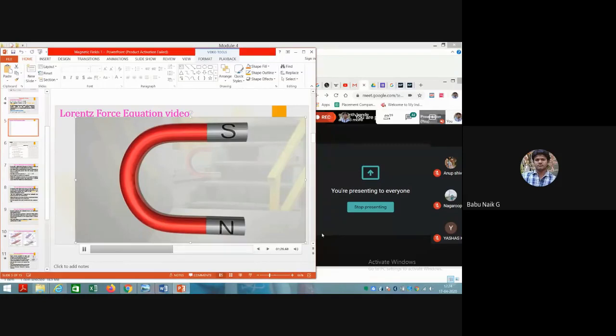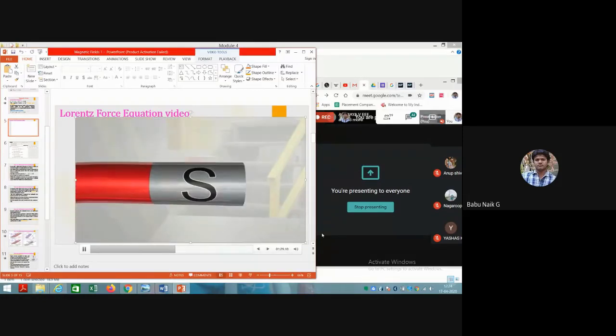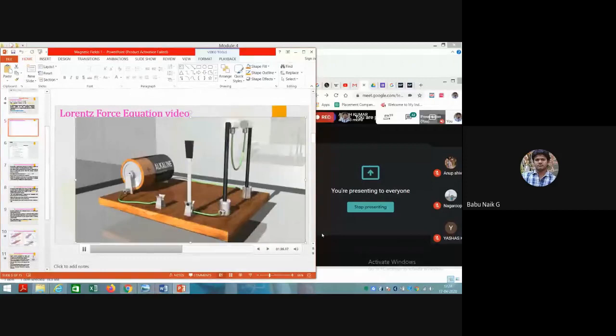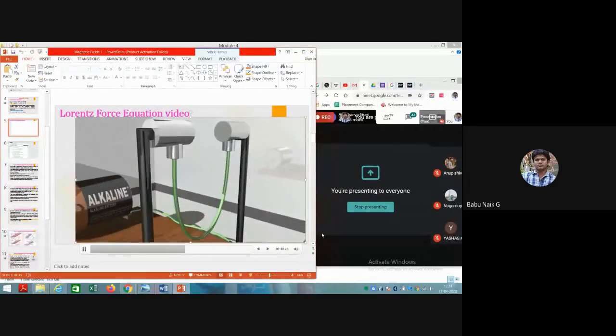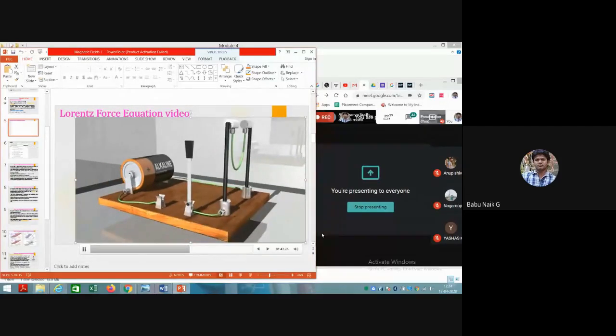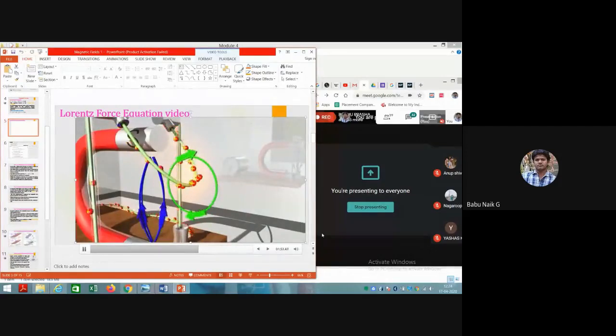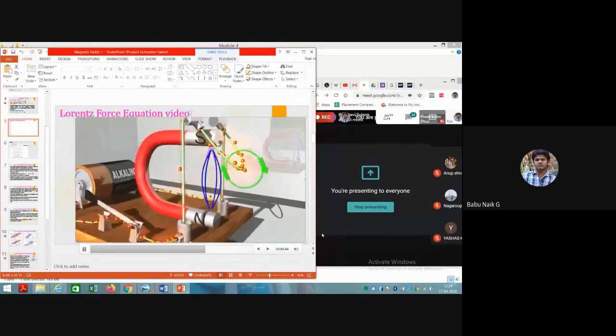Here's a horseshoe magnet with a north and south pole. The magnetic field always points from north to south, as shown by the blue lines. This wire is arranged in a kind of pendulum, so it can swing back and forth. Let's insert the horseshoe magnet into the setup and see what happens when electricity runs through the wire and creates a magnetic field around it. The pendulum swings in a different direction, perpendicular to the horseshoe magnet's field and to the movement of the current.